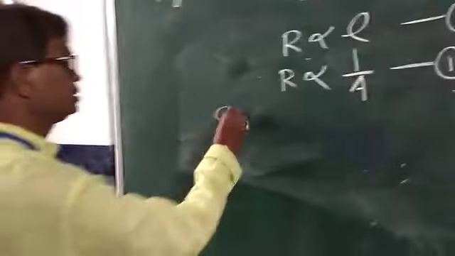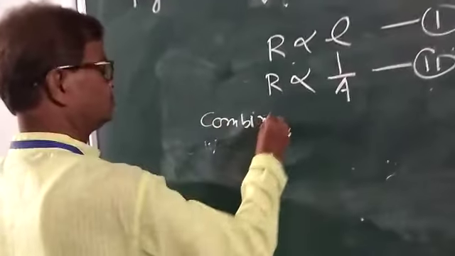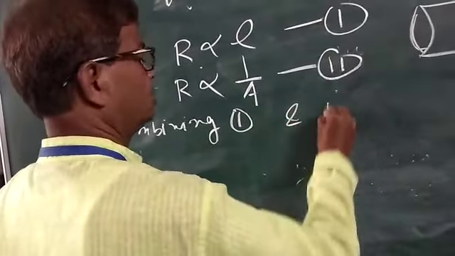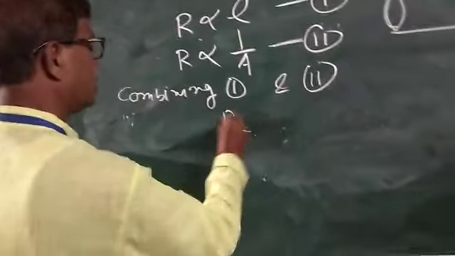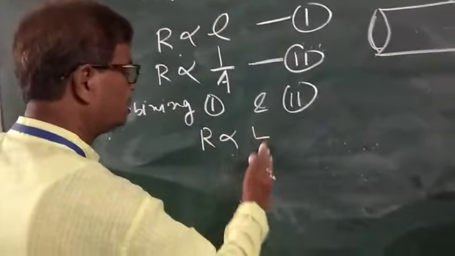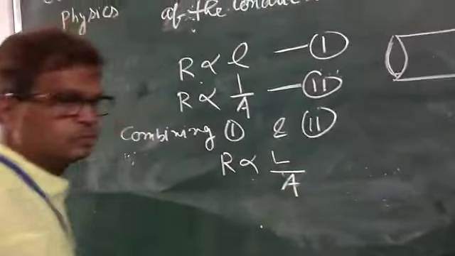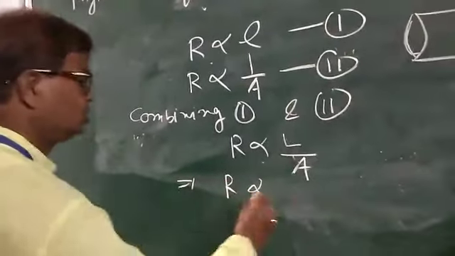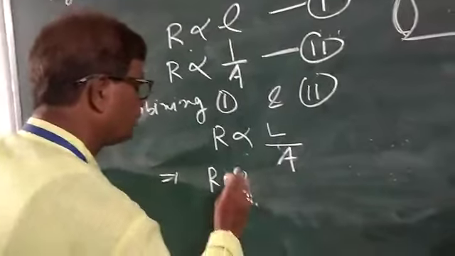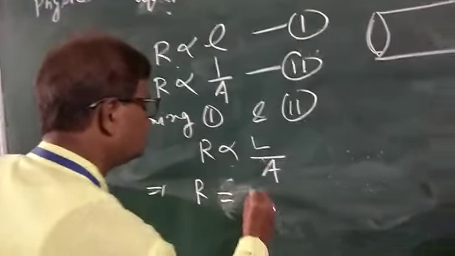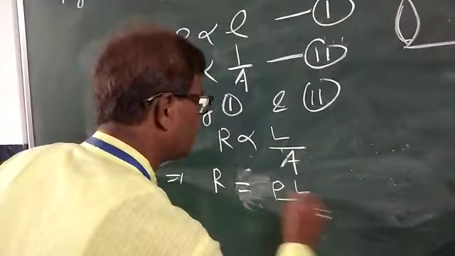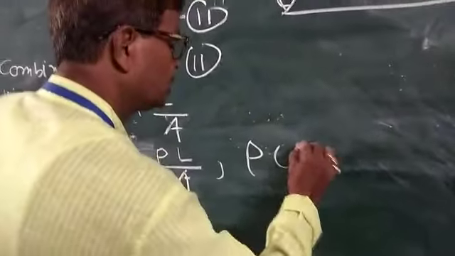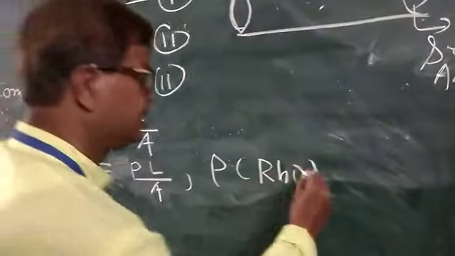Now combining first and second, R varies as L by A, that is R equal to rho L by A, where rho is the